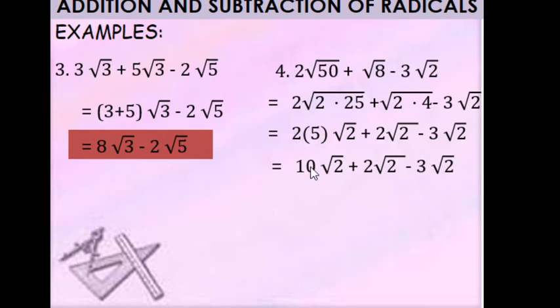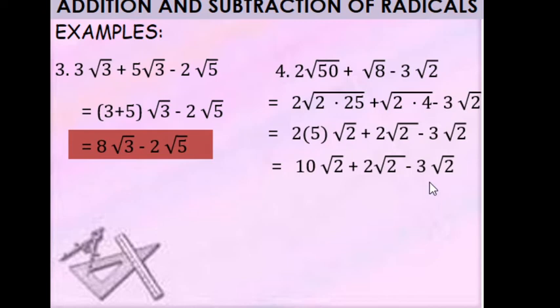So 2 times 5, we have 10 square root of 2 plus 2 square root of 2 minus 3 square root of 2. So dito sa part na to, they are similar radicals. So ang gagawin na natin ngayon, we're going to add and subtract their coefficients. So ano-ano nga ulit yung ating mga coefficients? We have 10, 2,